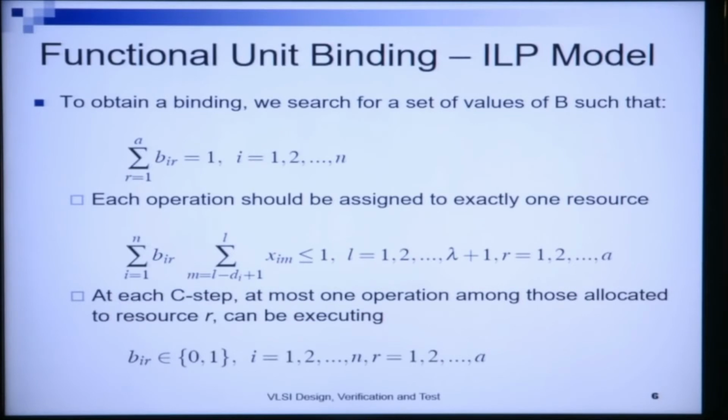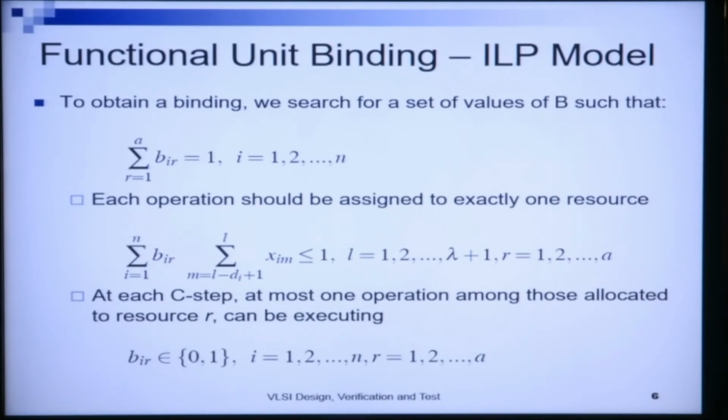So, operation 1, because I am considering b_1, can be assigned to exactly one operator type or resource type, and hence summation over all the resources, this value b_ir will be equal to 1. The next constraint is that